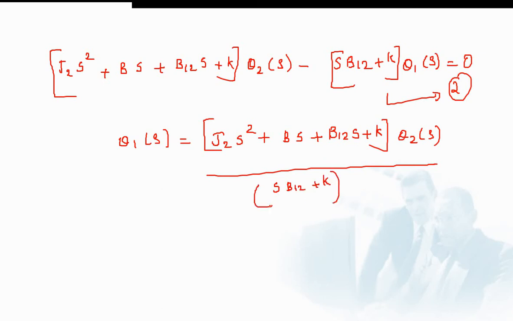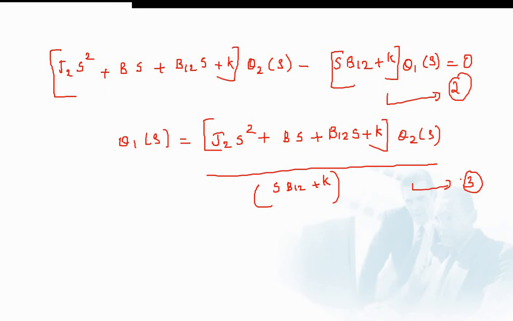So this is the expression for theta 1 of s, and when you substitute this equation, that is equation number 3, in equation number 1, we will get an equation with torque is equal to torque and in terms of theta 2 of s,